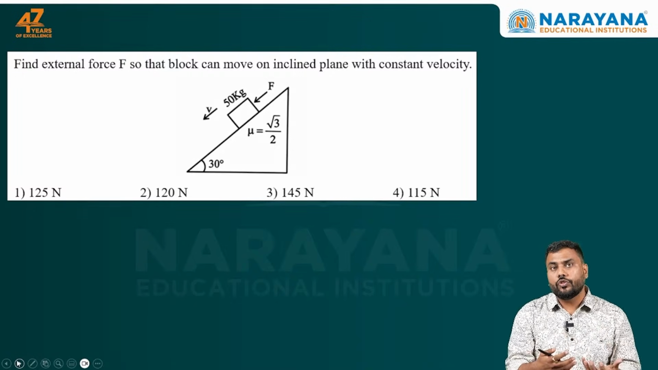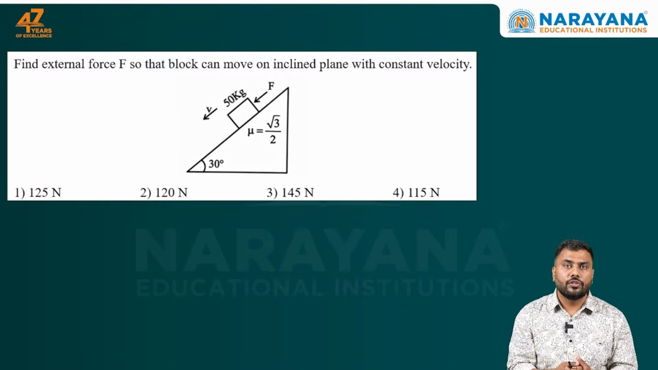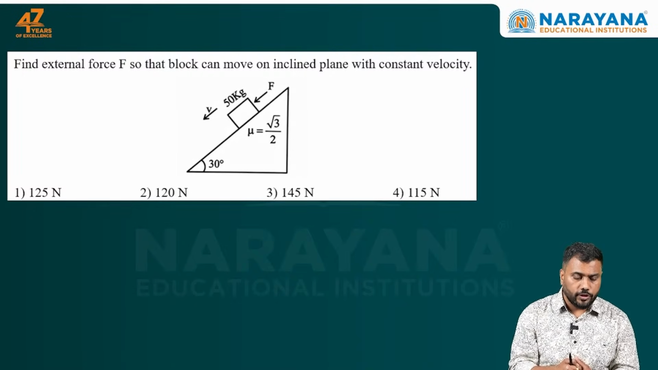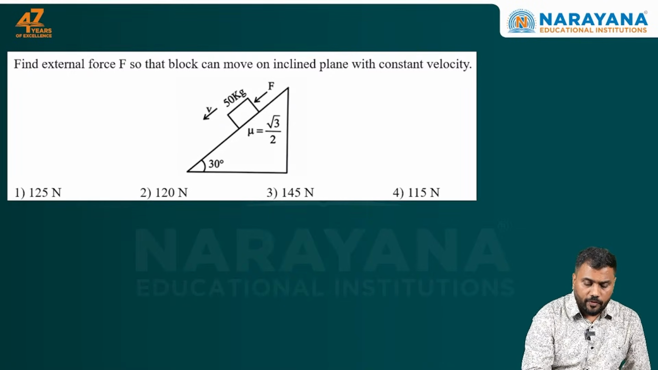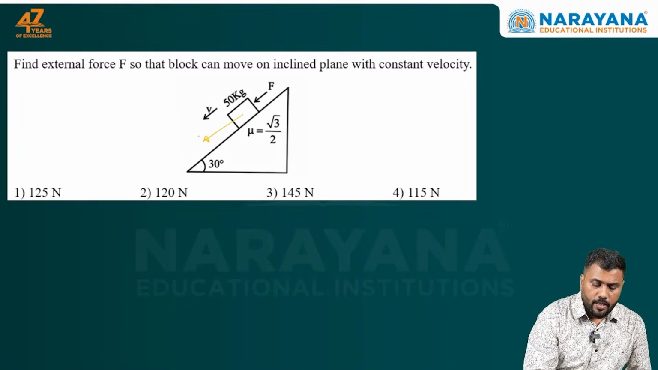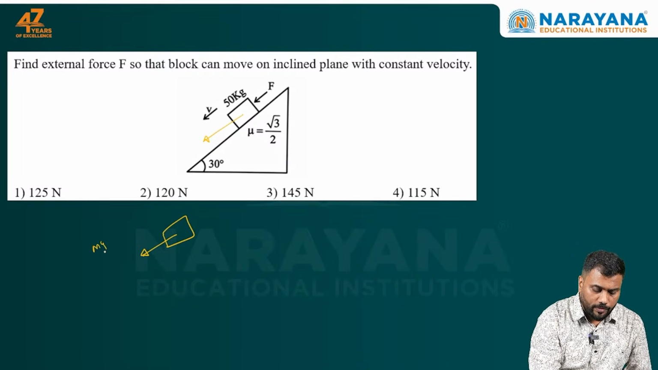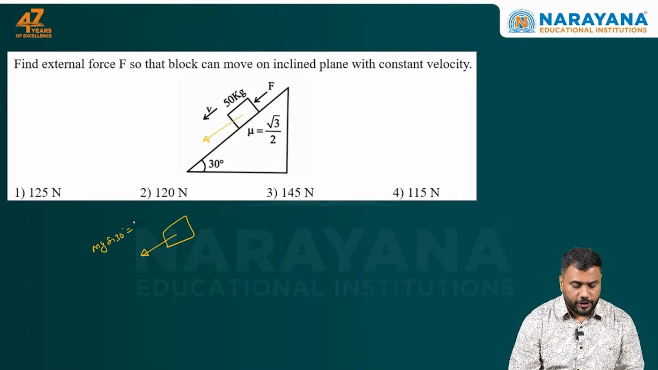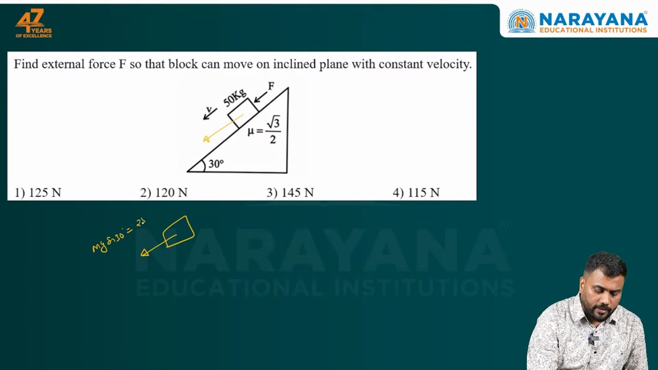So first of all, you should think why we need to apply a downward force to keep the block going downward with constant velocity. So if we see the forces on the block and resolve them, there will be a downward force. Let me show diagram here. Downward force will be mg sin 30 degree. If you put the mass of block 50 kg, g 10, this is going to be 500 sin 30, that is 250